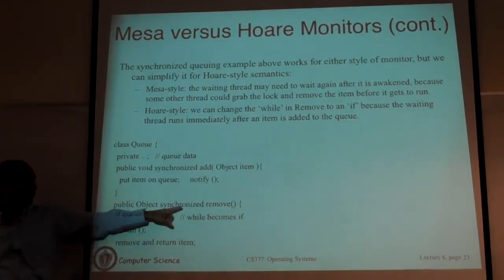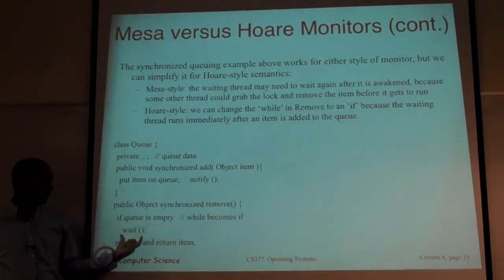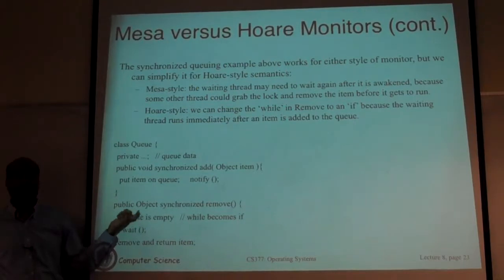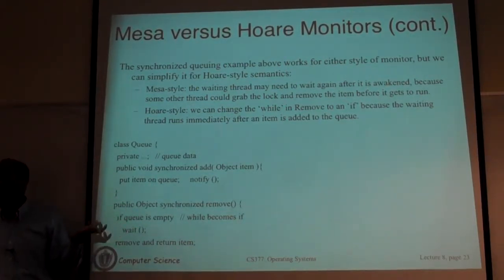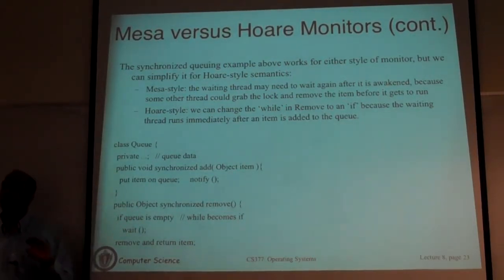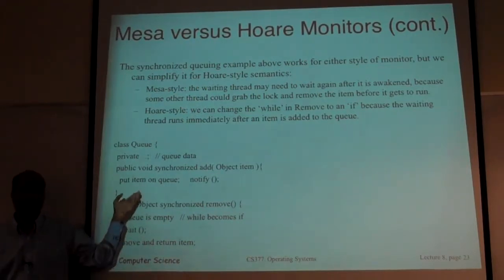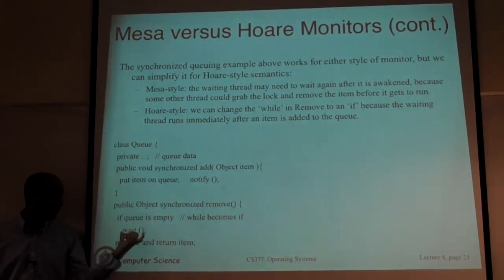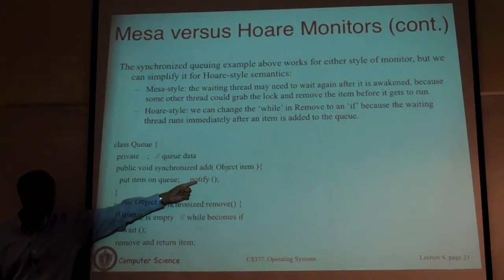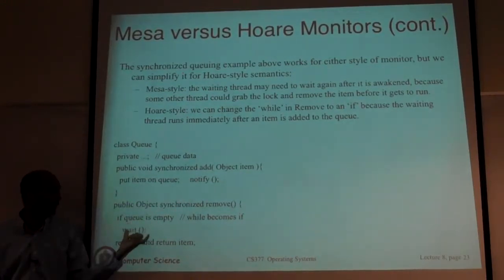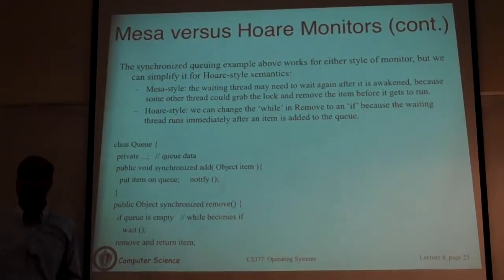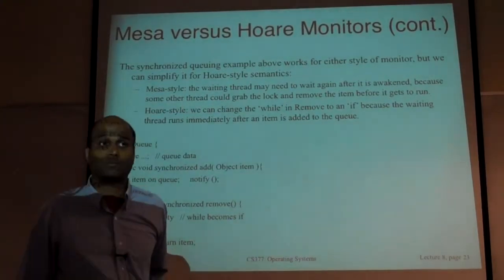So here is remove. In here what you've done is if queue is empty, you're going to wait. I need to remove an object from the queue. If the queue is currently empty, I'm going to wait until some other thread comes along and puts an item into the queue. So if the queue is empty, you wait. So you've gone to sleep here. So when you do notify, you basically not only wake up this thread, but transfer the lock over to this thread. Explicitly there's a transfer in the whole monitor.